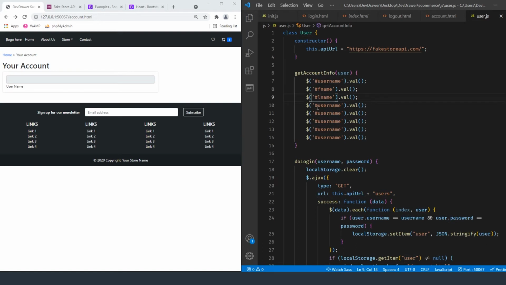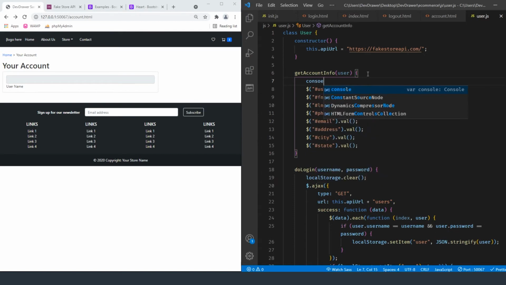So first name, last name, phone, email, and then we're going to do address and city, and finally state. Okay, so now I'm going to go ahead and do a console.log of what we are sending over as this user, and I'm going to copy this function,